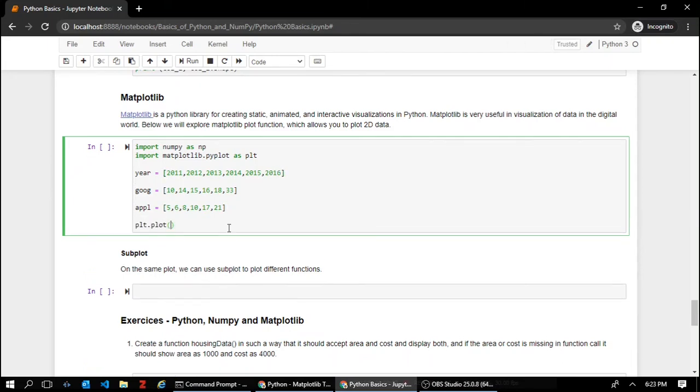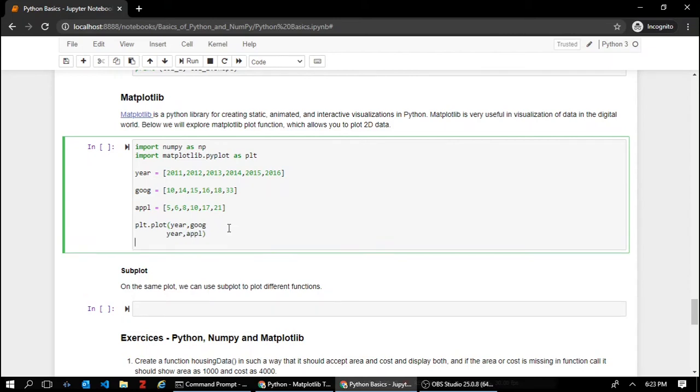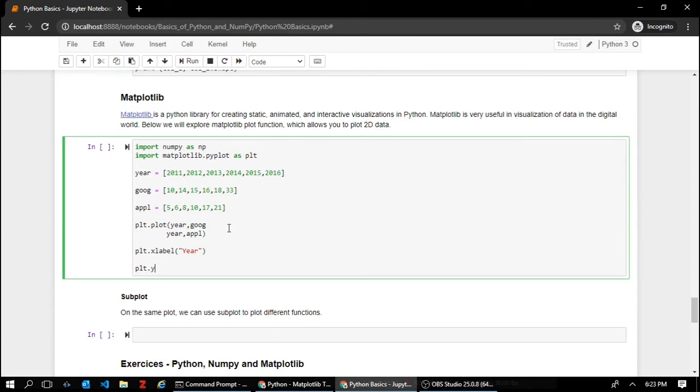Now that we have created our dummy data, we'll use the plt.plot function to plot this data. Now to plot this data, we also need the x and y labels. So we'll put in the x and y labels for this data. Since we are plotting the shares with respect to year, our x label would be the year and the y label would be the shares.